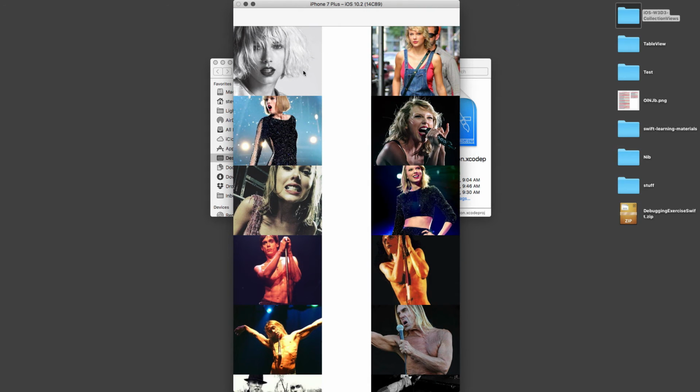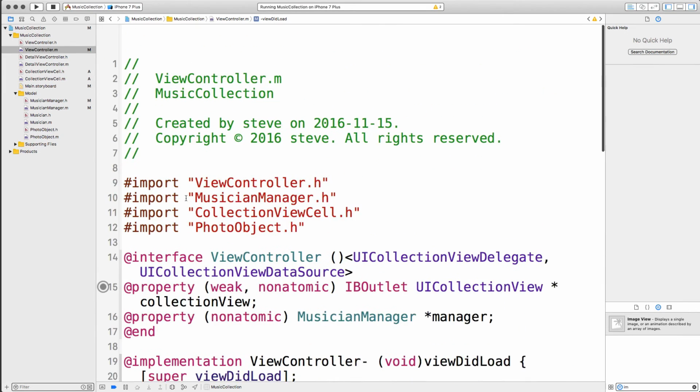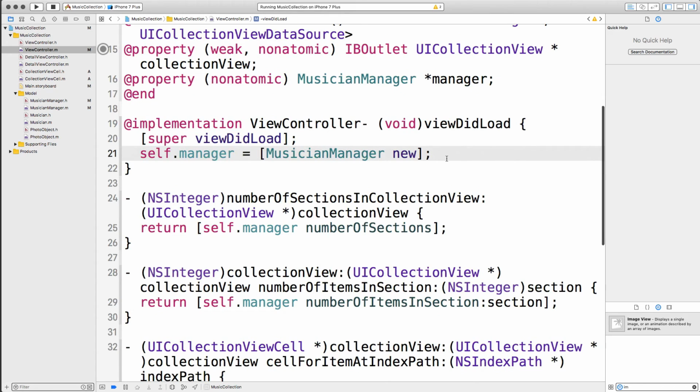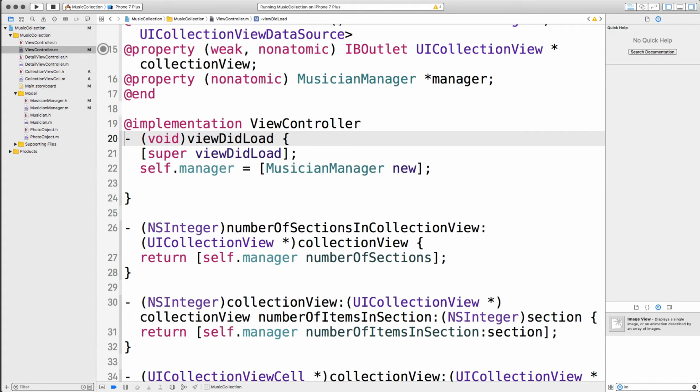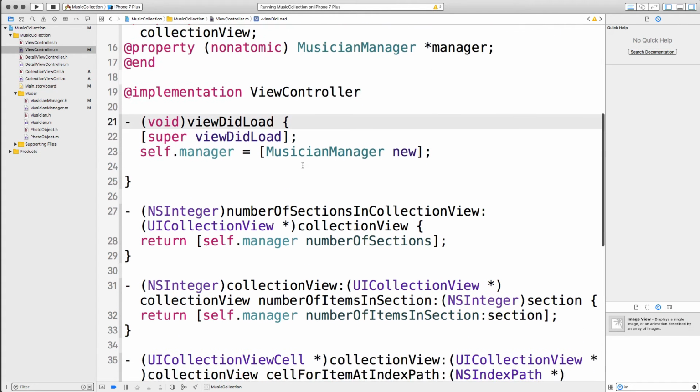The spacing is off. So what I would like is I would like these to be square, and I would like them to take up half the window. So let's just go back and fix this. So in viewDidLoad here, yeah, in viewDidLoad. Oh, sorry, this looks like it's gotten screwed up. Okay, so in viewDidLoad, what I want to do is get a reference to the